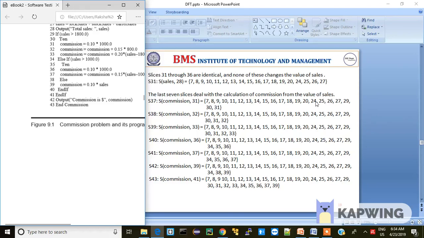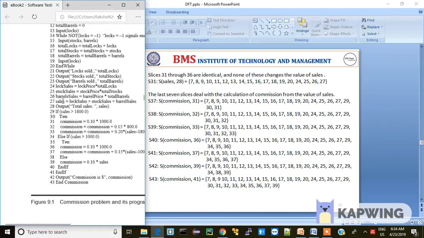And then from there onwards you also have to traverse lines 25 to 27. We have already traversed those before, that is for sales, because in order to calculate commission you also need sales, so even the sales part is required for it. Plus, in addition to that, line number 29: this condition is important, if sales is greater than 1800, then